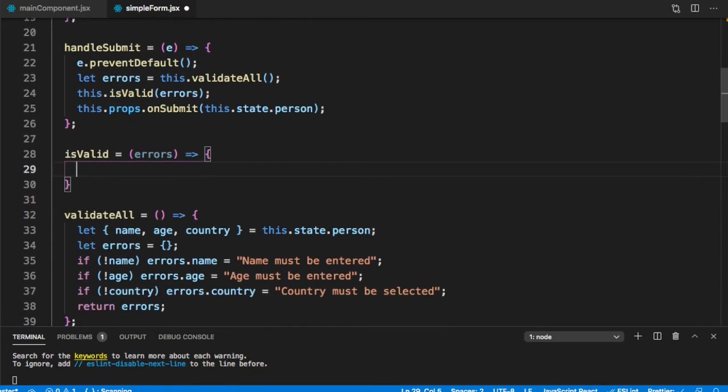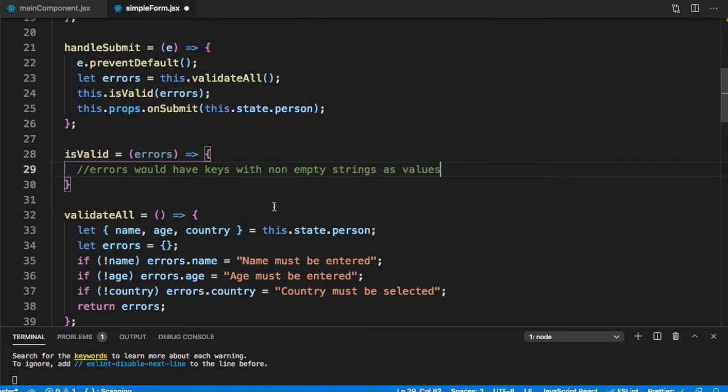So typically errors would have keys with non-empty strings as values.